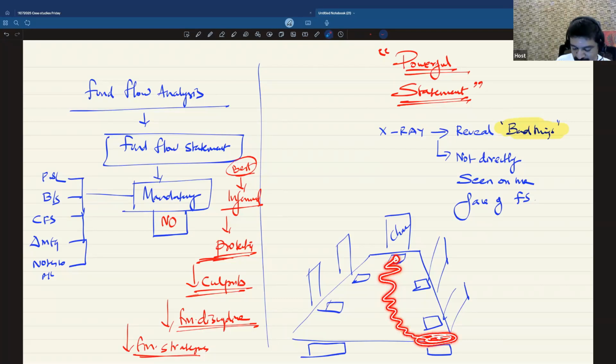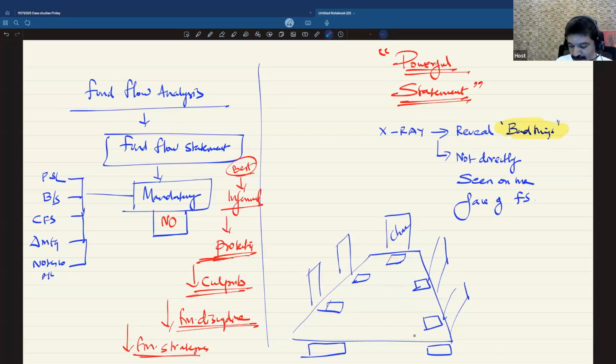Then the chairman told, Raja, how dare you come up with a proposal where the fund flow shows everything crystal clear. I really admire your audacity, but get lost. This proposal is rejected. One simple tool which enabled the sanctioning authority to reject the proposal was fund flow. That is the power of fund flow, the power of fund flow analysis as well. I believe you got the picture of what literally happened here.